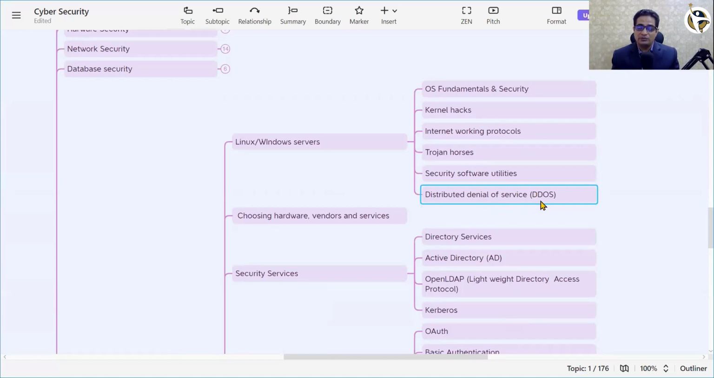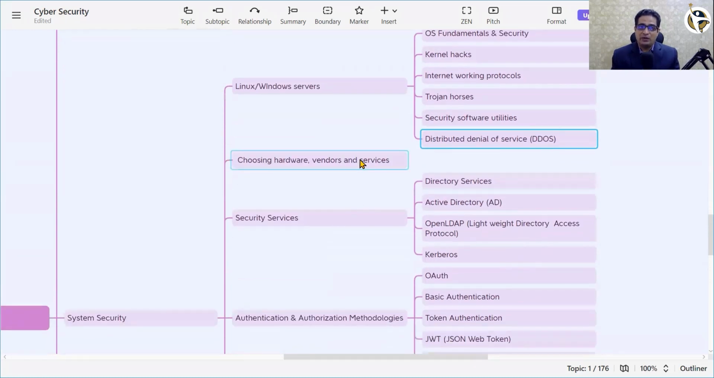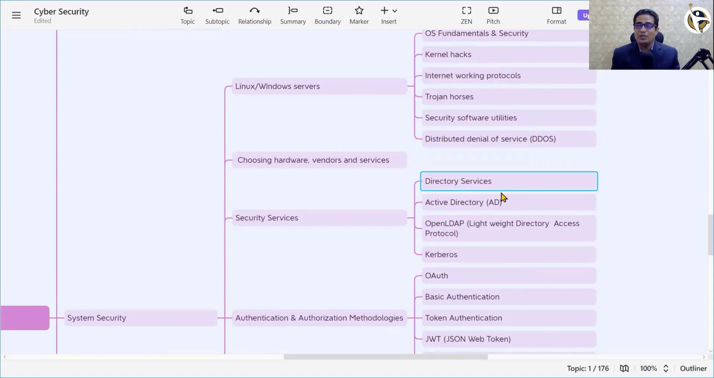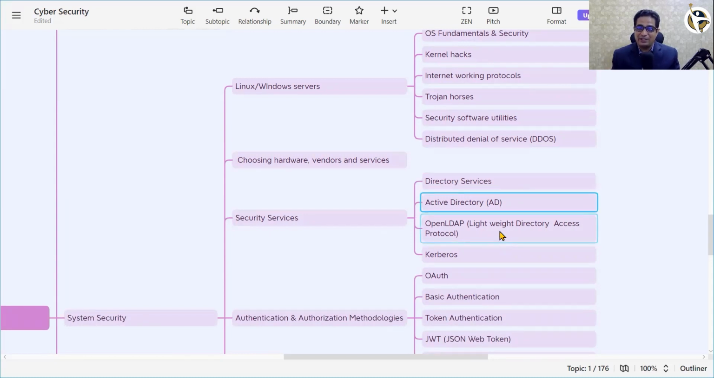Distributed denial of service attacks. Somebody keeps on bombarding a specific request on a specific site, and that's where a denial of service attack plays a very important role. Choosing hardware vendors and services could be a role you need to play as part of being a system security engineer. Security services. When it comes to security services, you need to know directory services, Active Directory, Open